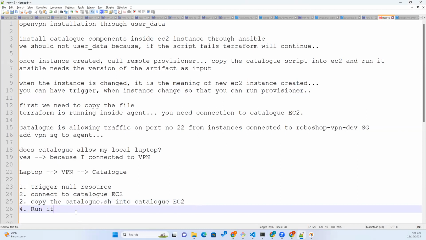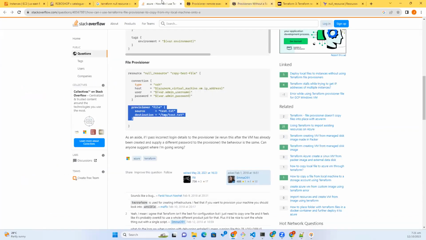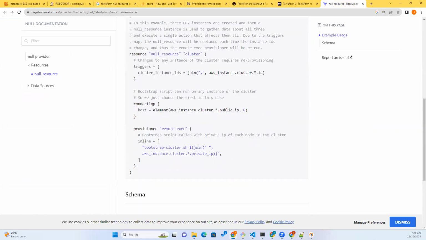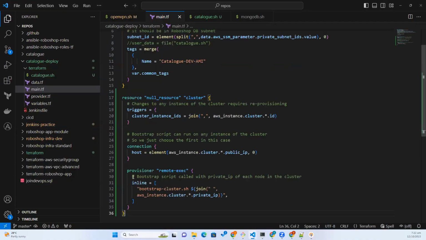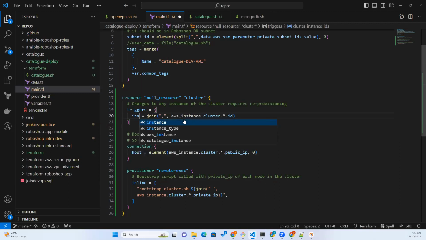So these are the four steps. First, let me copy this one. Trigger can be anything, instance_id,